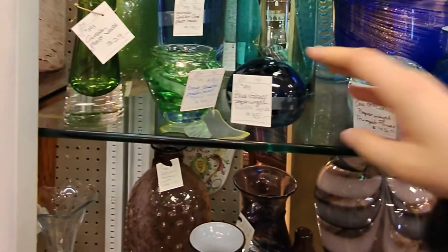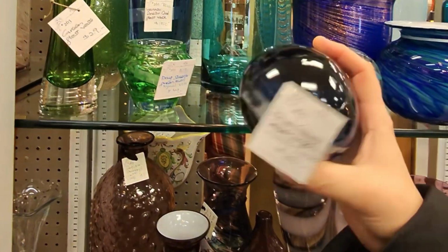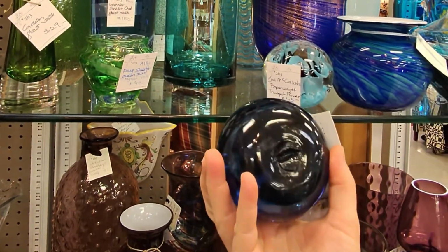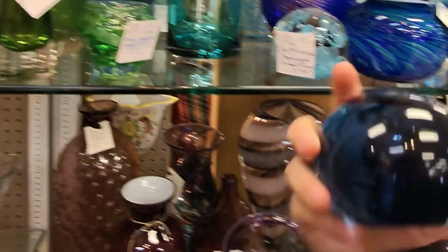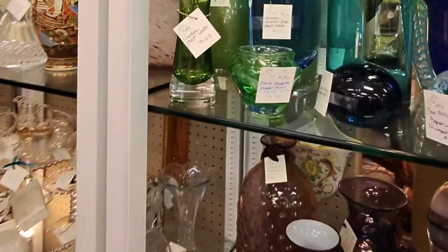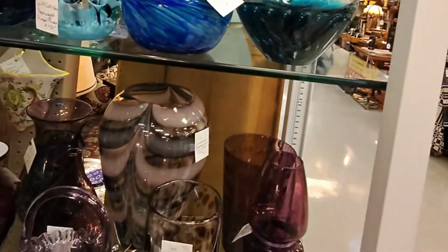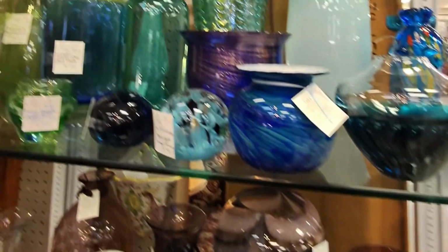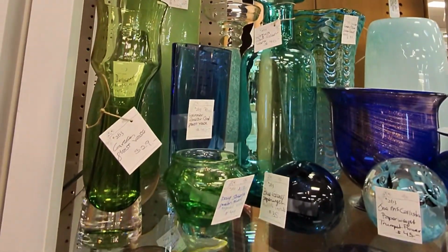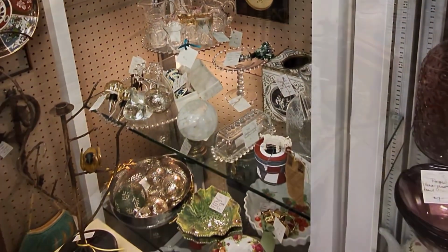And then over here, there was a really cool paperweight, and it had like a deep bubble in there. It was hand blown, but this one was not marked, even though I was trying to find a signature. But it was so dark, it was hard to see the detailed bubbles inside. All right, let's keep looking. Some baskets. Oh, look at that. They clumped all the purple glass together just for me. Beautiful, beautiful. Oh, and that teal canister back, that tall vase, I thought was Blanco for a second, but it